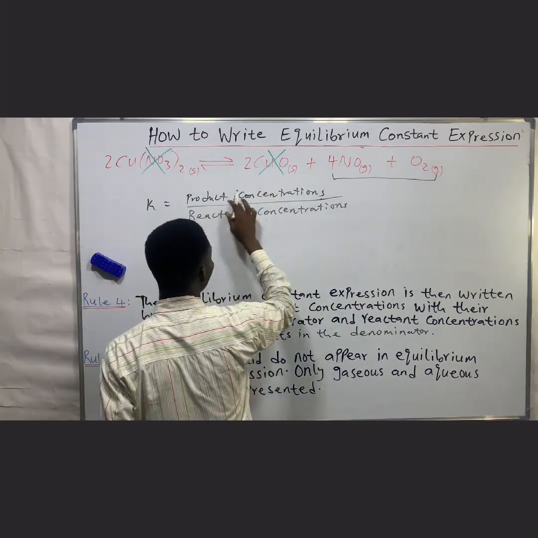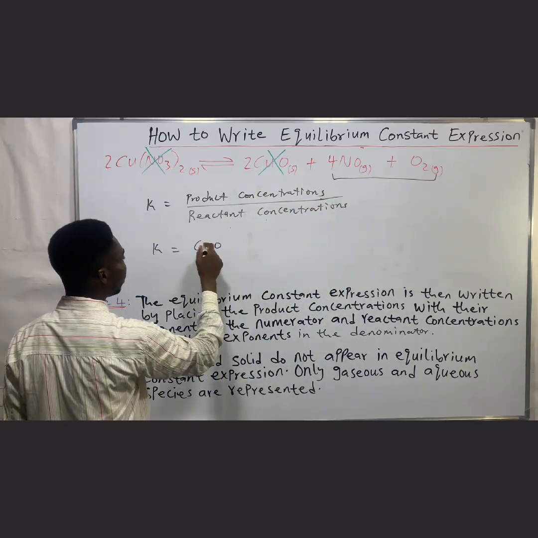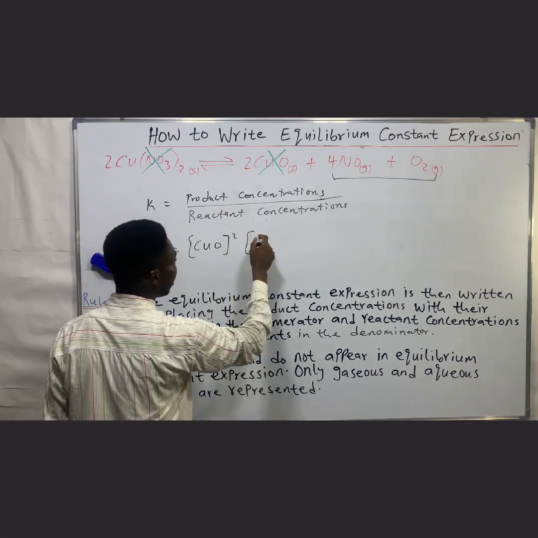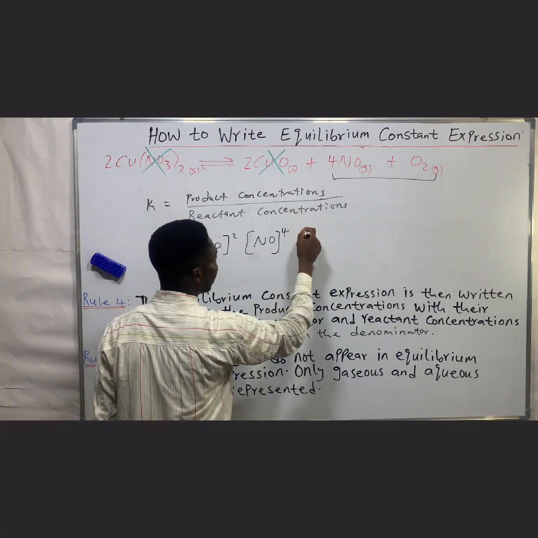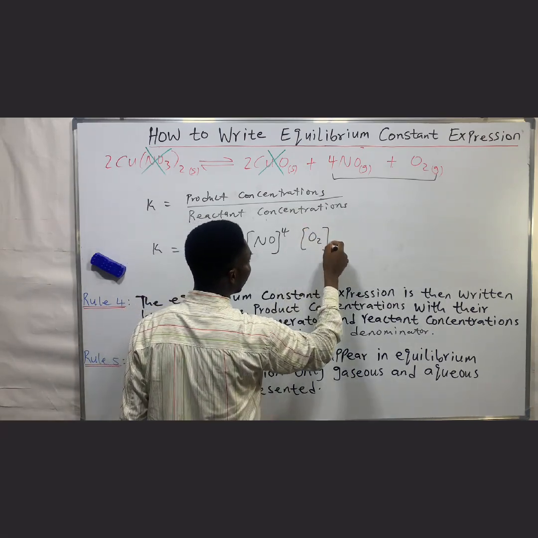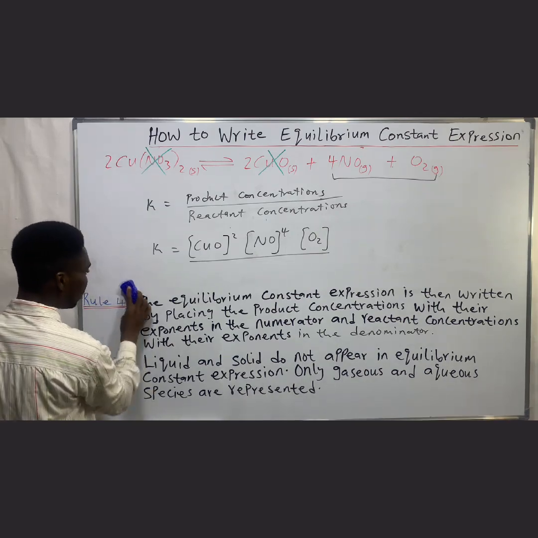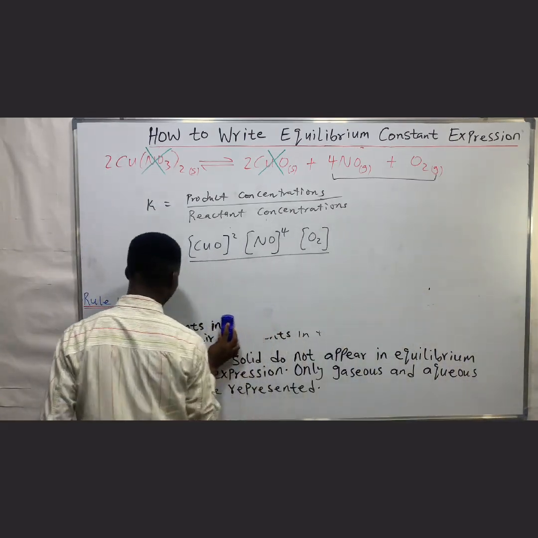First of all, you write for the product concentration: CuO 2, then NO 4, then O2, all over